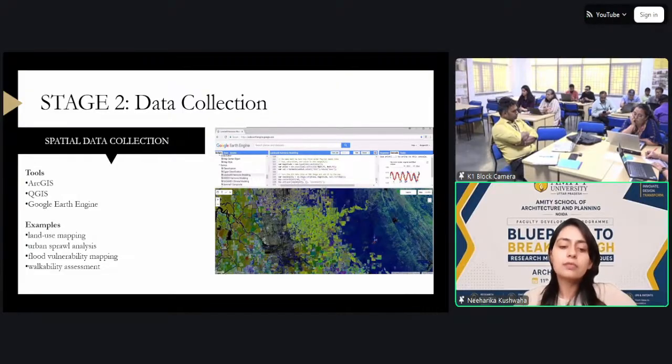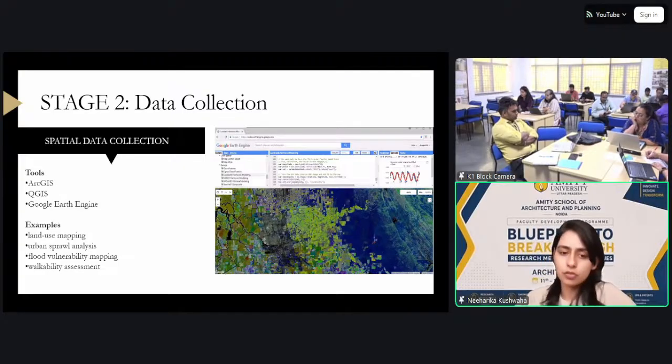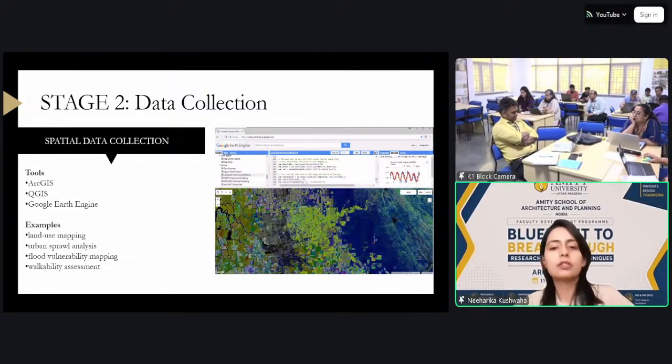Now, once you are done with your research question, this is supported by the data collection aspect, stage 2 of any research. I'm going to touch very briefly on these stages because otherwise the time might be too short to talk about all the tools that are out there. So stage 2: traditionally our architectural research relied heavily on manual surveys and observational methods. Either you go to the site, observe a few things, collect certain data, you do certain surveys,